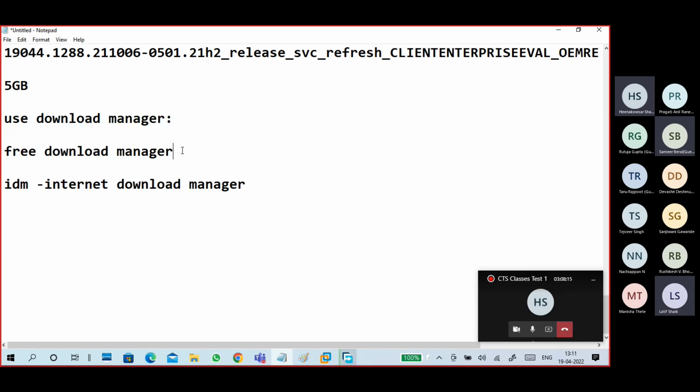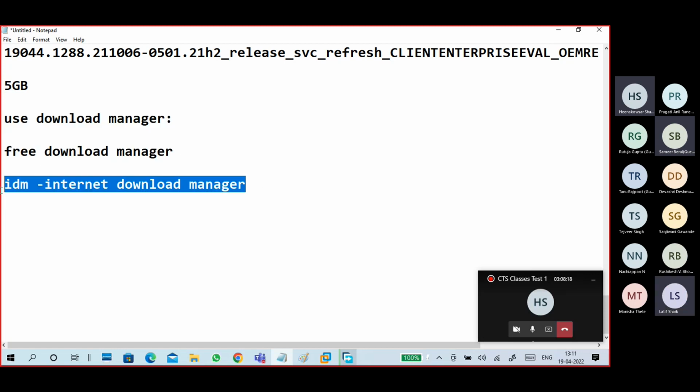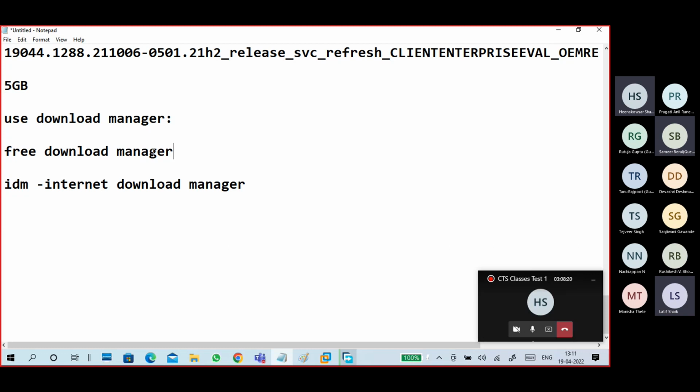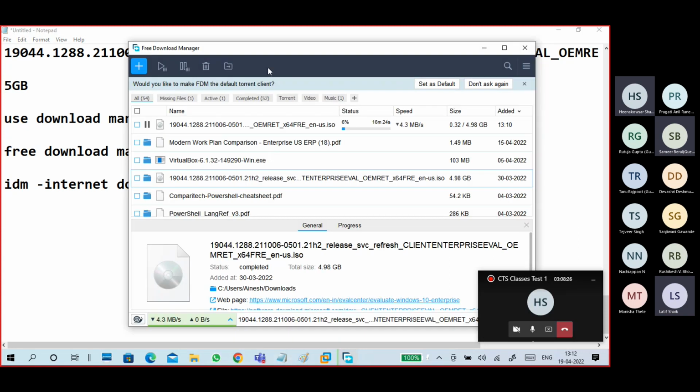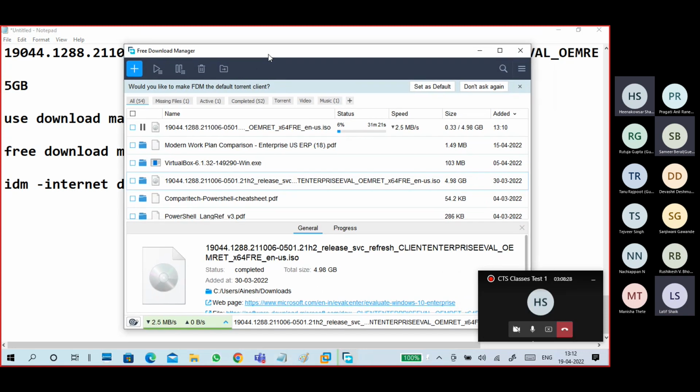Use Free Download Manager or Internet Download Manager. Free Download Manager is completely free, no need to pay anything. So what happens if you are using Free Download Manager? If the internet is interrupted or disconnected, or maybe it is already late and I can't continue,